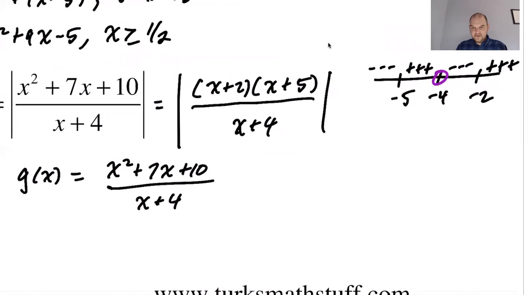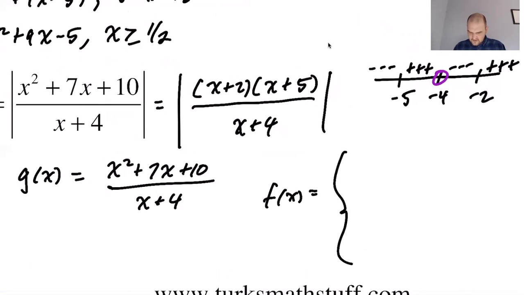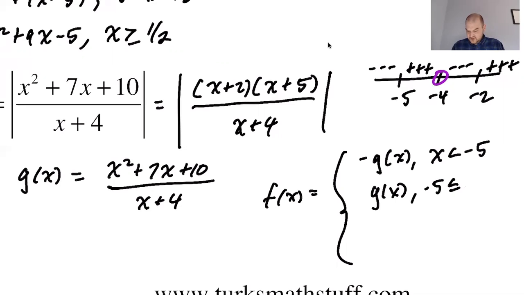So I made it be the inside of the absolute value. And then what I'm going to do is say that f of x is the opposite of g of x when x is less than -5. It's going to be g of x when x is between -5, and let's include that because it's the original u, which is where I like to include that, and -4. -4 will never work, so we don't include that. The opposite of g of x again,